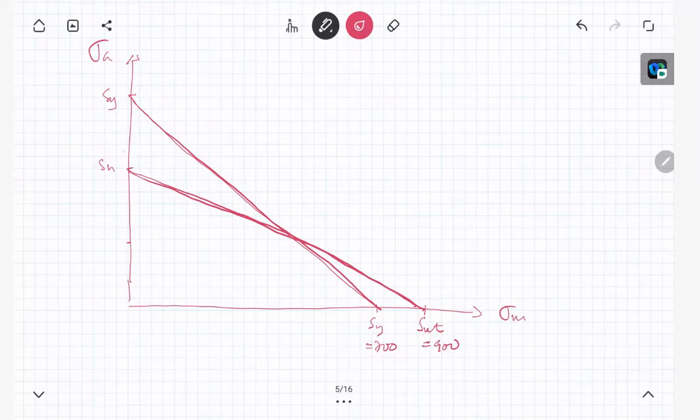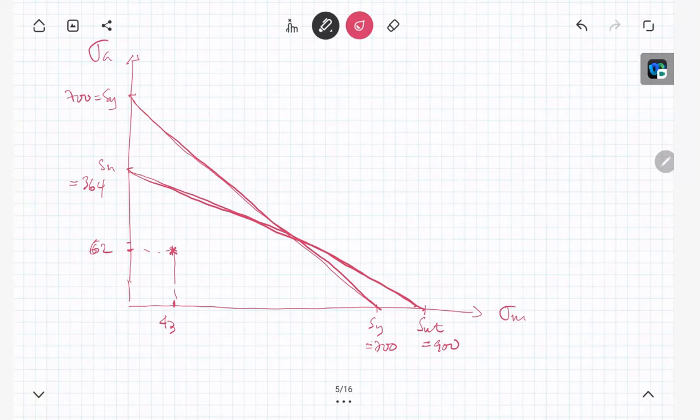So this is yield, this 364, this is 700. Alternating is 62, let's see here, 62. And mean is 43. Good. So this is the location of stresses